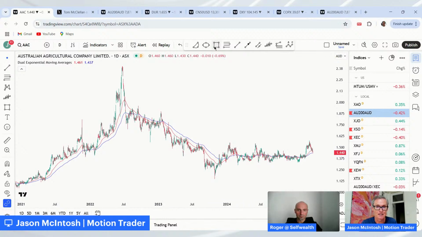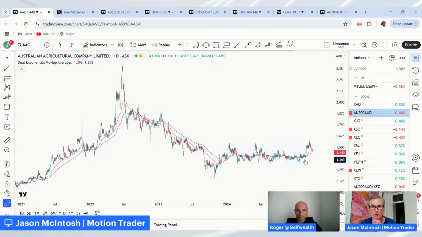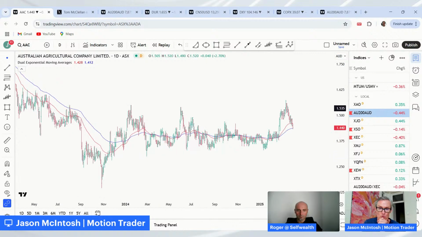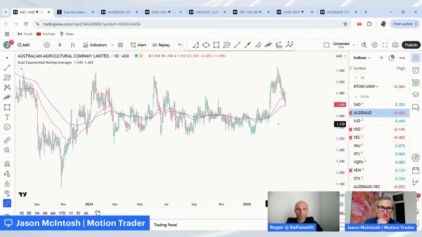Out of this, you can get a bit of a range through here. It looked like it was starting to get some momentum to break higher. It's since pulled back over the last couple of weeks, but you look at what the market's done. That's probably not too surprising. If I bought into this breakout, I'd still be happy holding it. But I'd like to see it really start to hold around current levels.